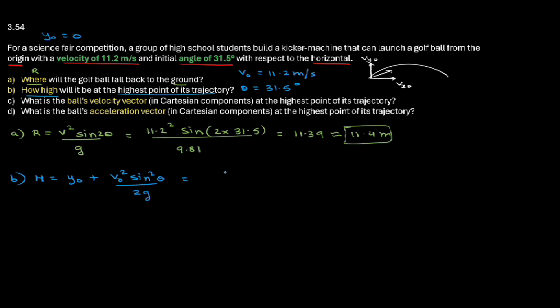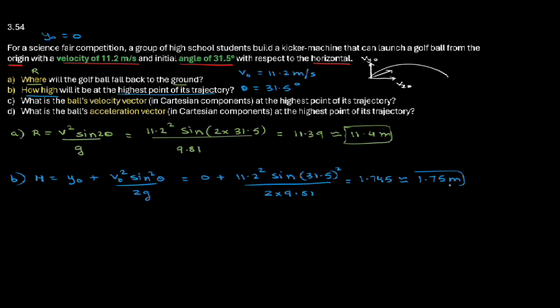Then we substitute y0 is 0 plus 11.2 squared times sine of 31.5 squared over 2 times 9.81. When you solve this, you get the height to be 1.745,